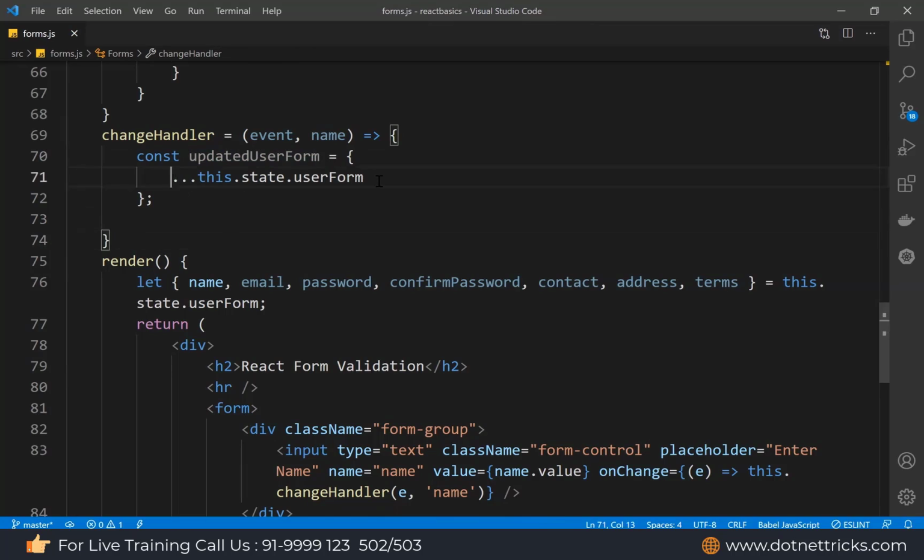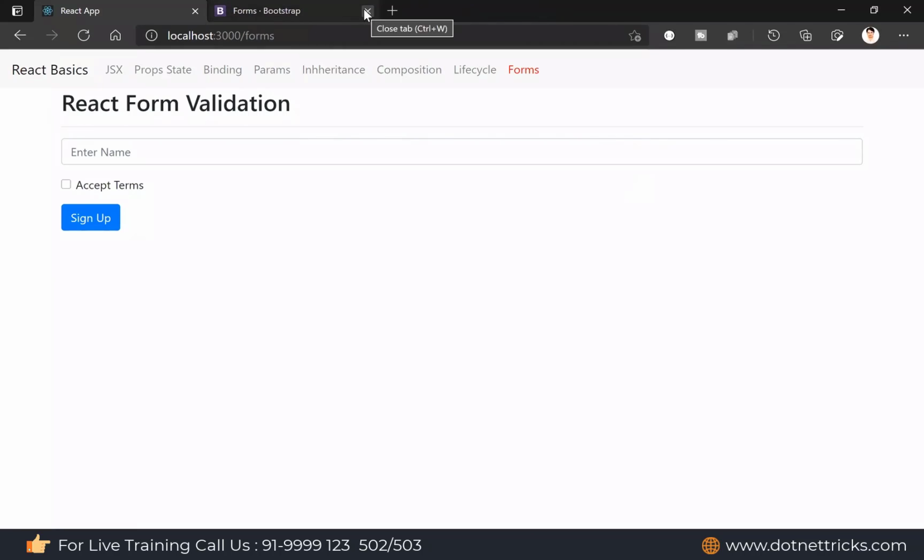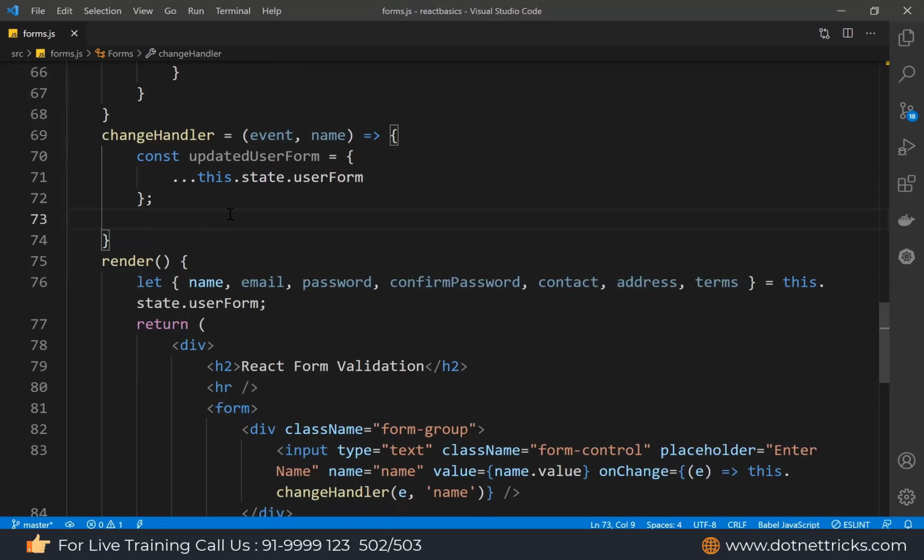After that, we are just appending the new fields over there. So this is the one we are using over here. The operator name, I'm not able to recall what it is. This we commonly use in arrays, and this we commonly use in objects as well.